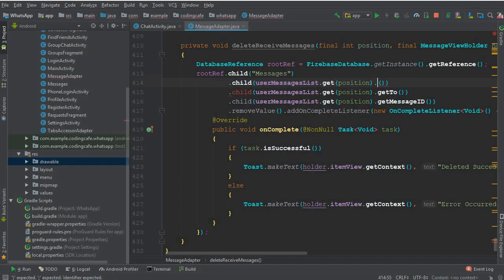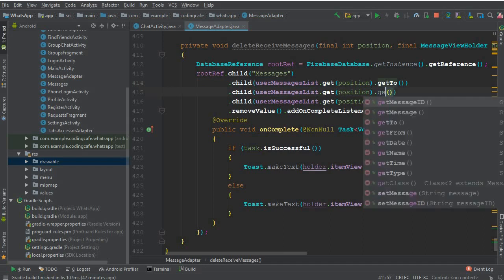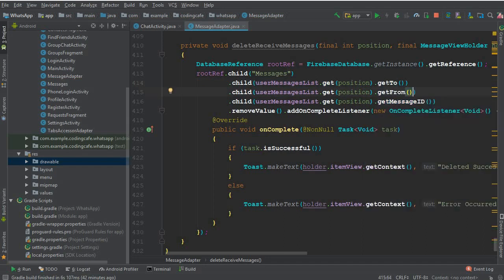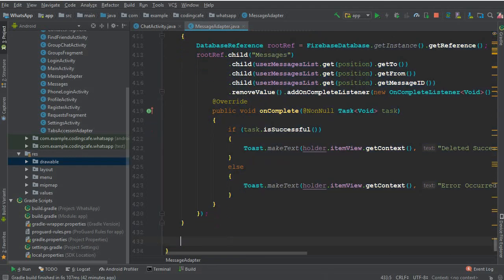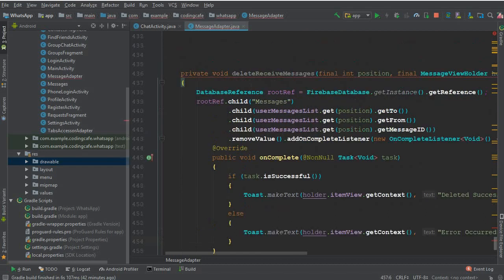Instead of get from, first we have to pass the get to, which is the receiver, and then get from. Okay, so receiver, sender, and then the message ID and delete. So yeah, that is okay. Now the last thing which is left is delete for everyone, and to also display the message, by the way. So let's paste this, and here we can say delete